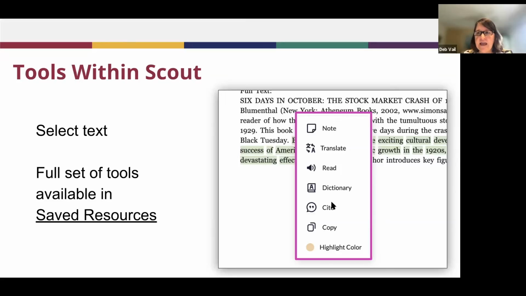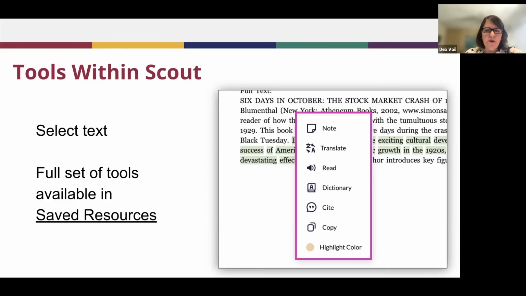If I were to click Cite, I could choose the format, APA, Chicago, MLA, and choose the format I want. It would generate the citation for me. I can copy and paste it into my bibliography. So again, kind of nice to have that. I can also copy this article and interact with that copy. I also can highlight. I know when I had students researching, I would have them click and drag through portions of the text so they could sort, oh, this is a fact about their early life, or this is another fact. So you can use that color code highlighting to organize your thoughts.